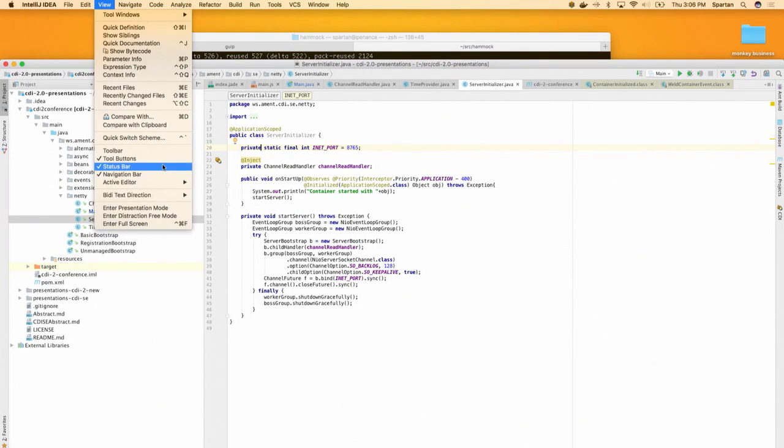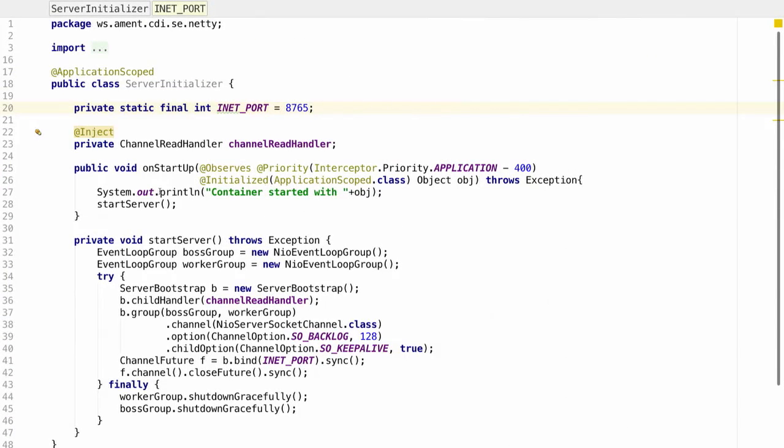And then the last part of this is a server initializer. There is no tie between the server initializer and my main class. I didn't have to do anything. However, what I can control from here is the observing of the application context being started on the CDI container. When I do that, I can have a post construct method or an observer method that will, on startup, start